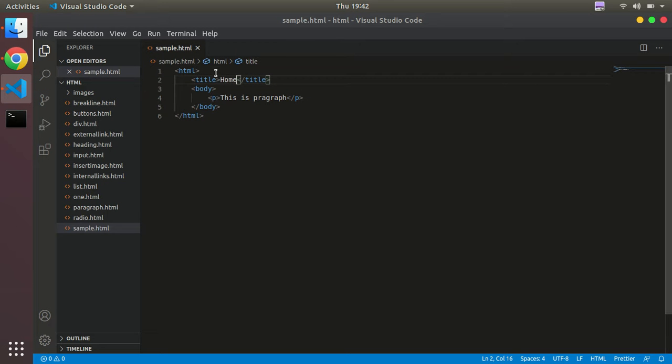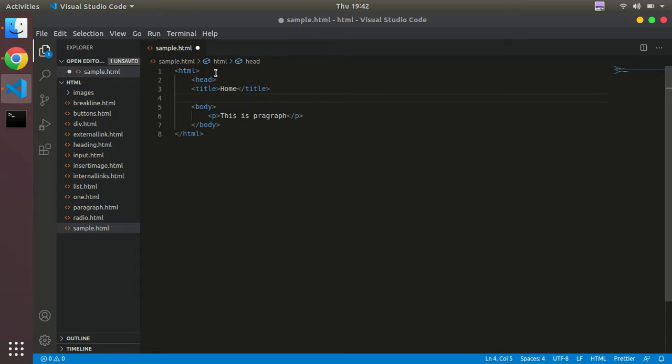So the right manner to include this is using the head tag. This is the right way to write a basic HTML page, the very starting of the HTML page. So we have the HTML tag, then we have the head tag, and inside the head tag we can include the other